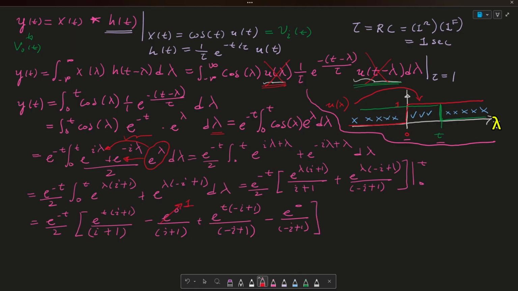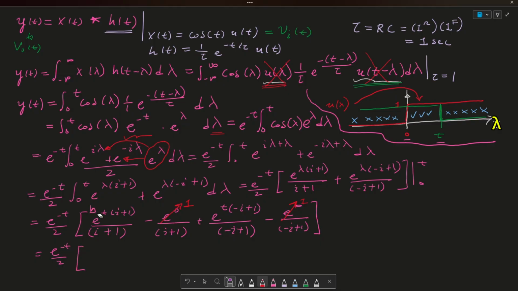Obviously, e to the 0 here is 1, and this here is also 1. And what I'm going to do now is I want a common denominator of i plus 1 and minus i plus 1. So as you can imagine, this is going to be equated to e to the minus t over 2 times